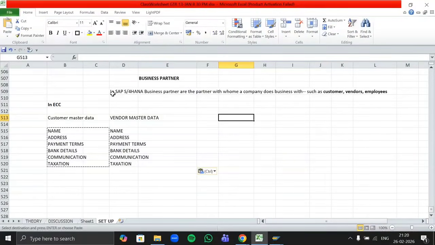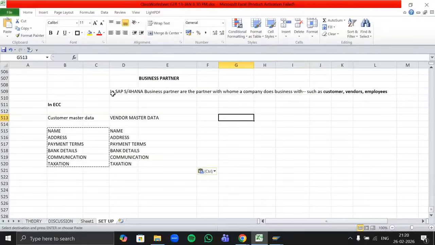Are you getting my point? If you want to maintain your employees' data, like employees' basic details, name and all, for that perspective also, SAP uses business partner only. Business partner has three different roles. In that, the general role will be used for employees as well. Basically, business partner's work is to store the general data of the firm or person, an individual or an organization, with whom our company interacts.